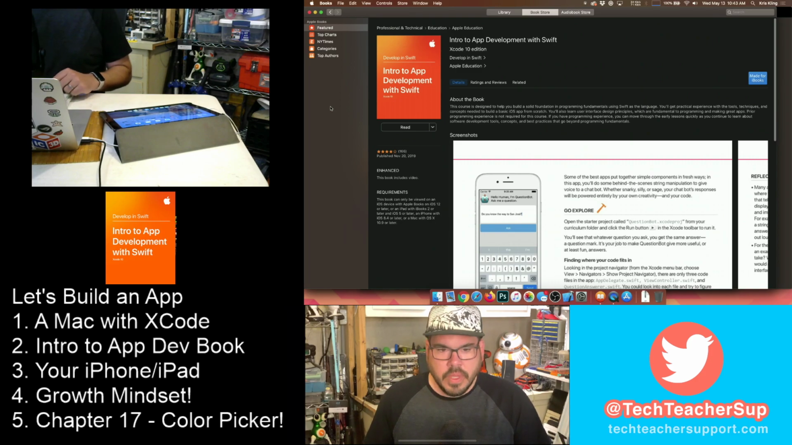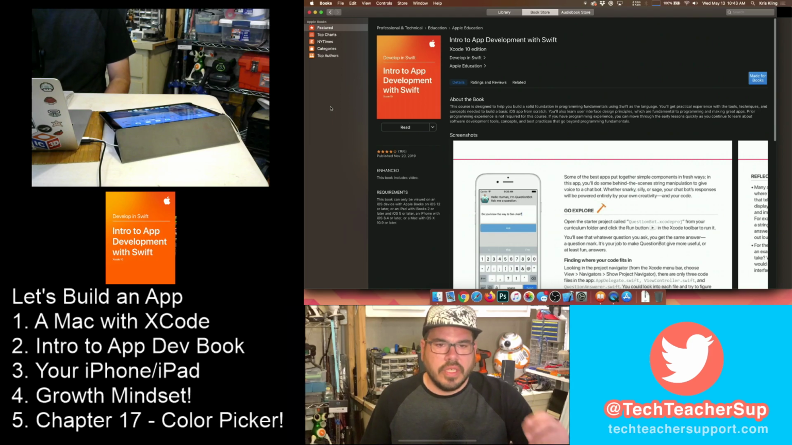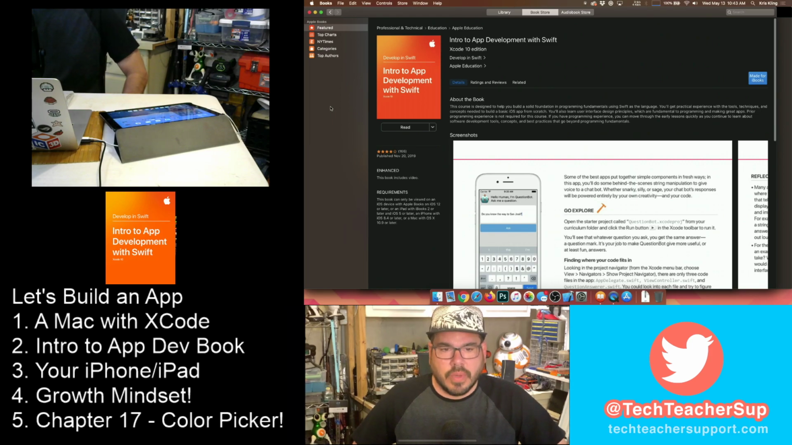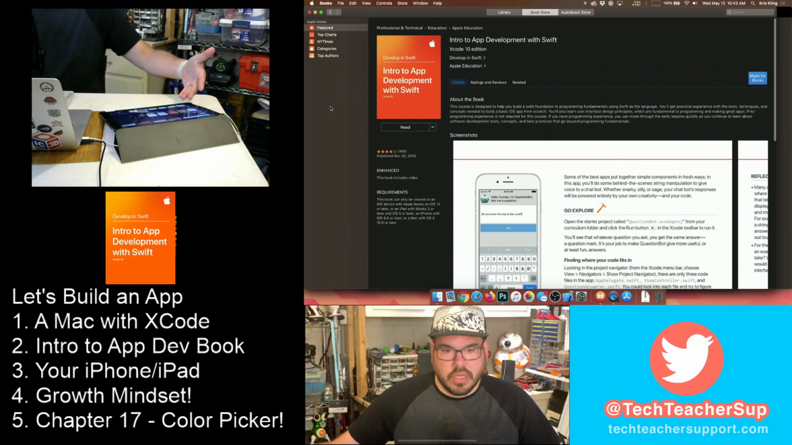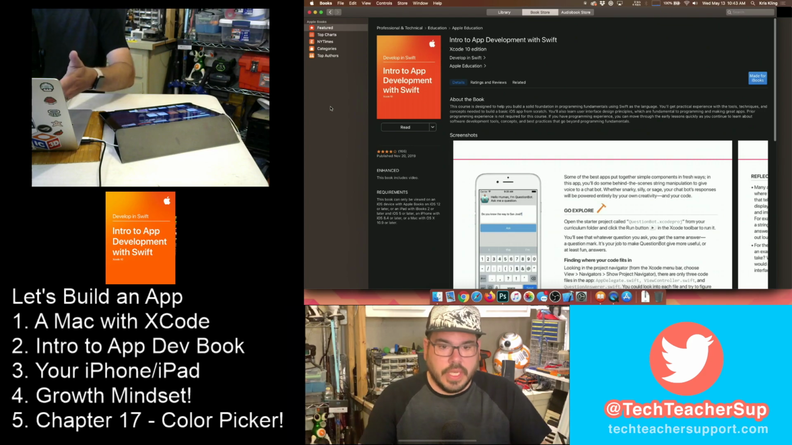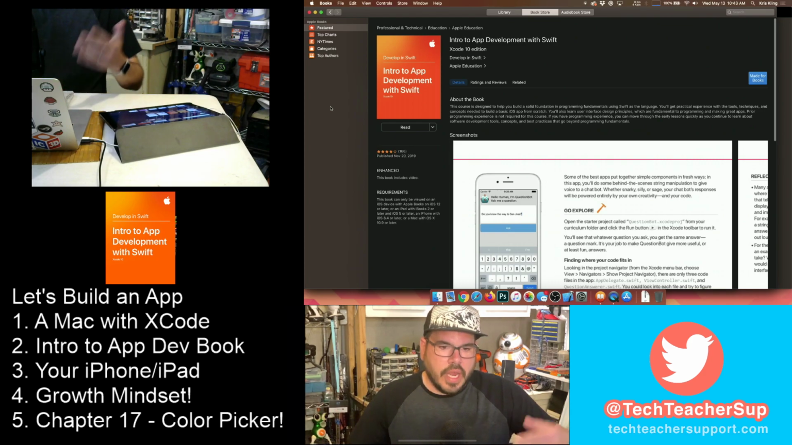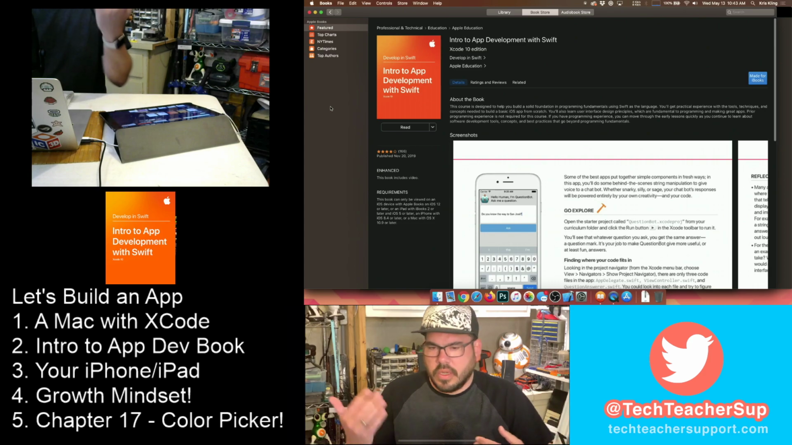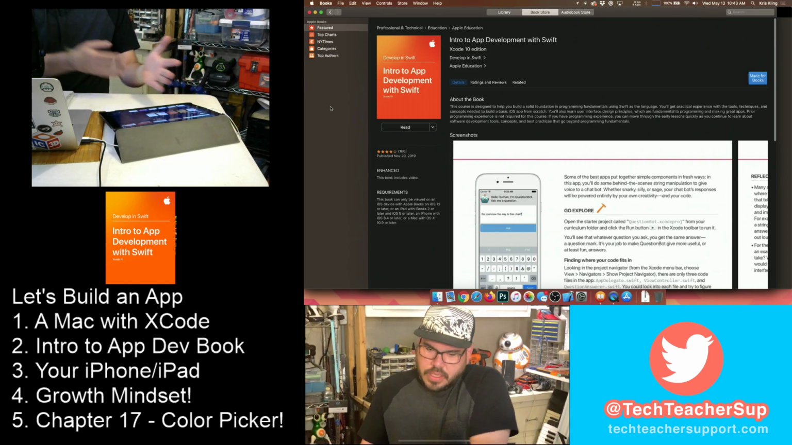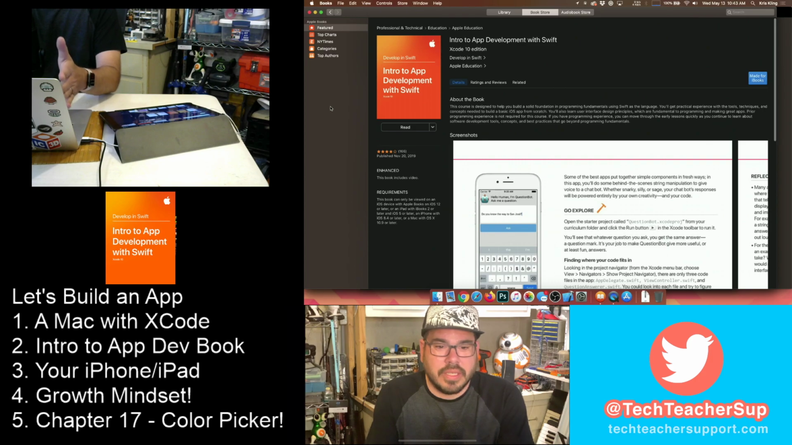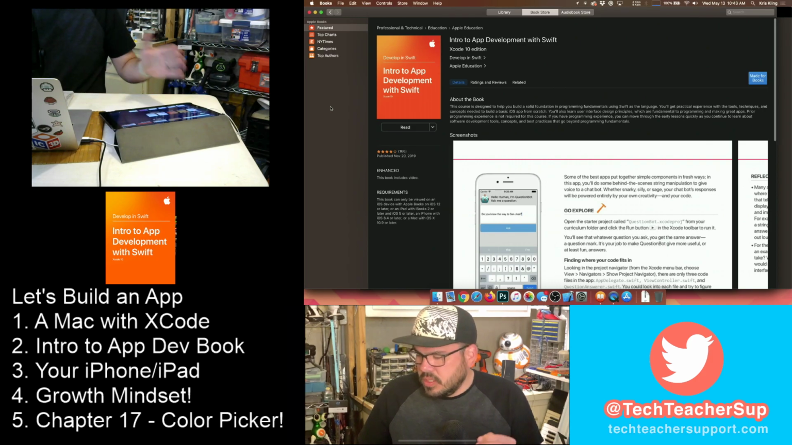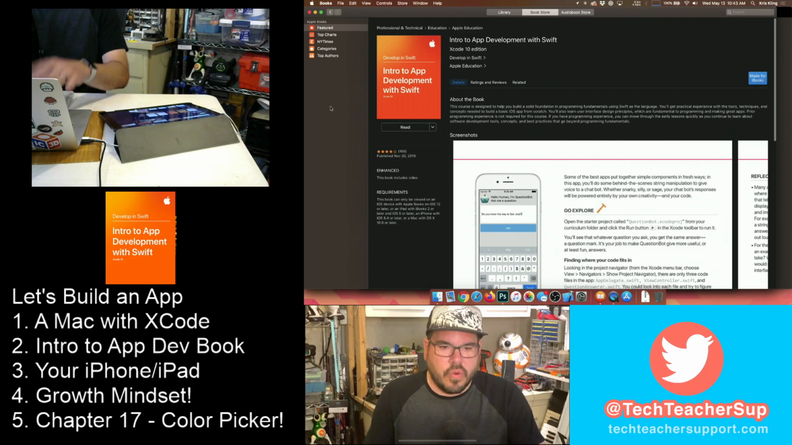We are going to be following along in Apple's book, and we have it right here in front of us, Intro to App Development with Swift. We are specifically going to go to chapter 17, and I'll show you how to get there. This is a book that you can put right here on your iPad and read along while you're doing it on your computer. Or you could have a second laptop or iPhone, so you can read this and code at the same time. That's really important because you're going to be referencing the book back and forth as you write and build